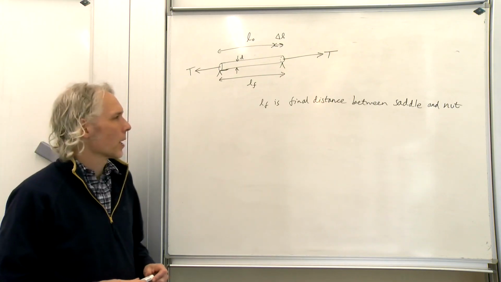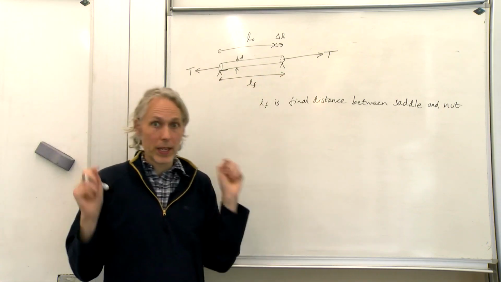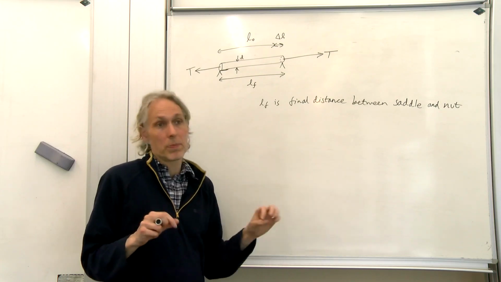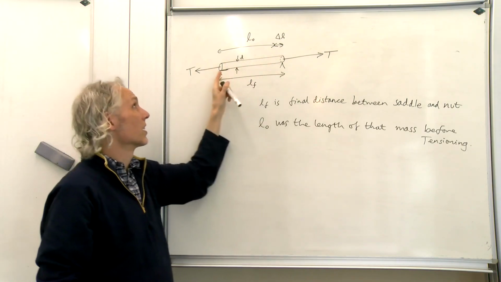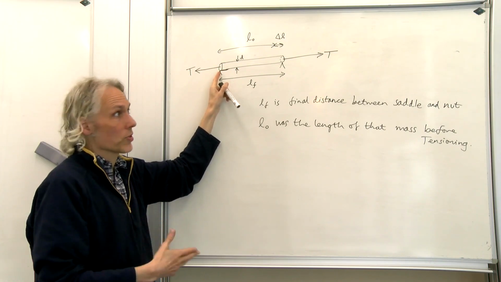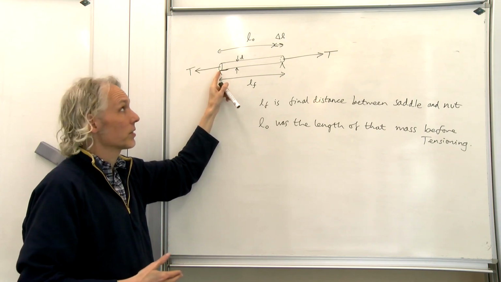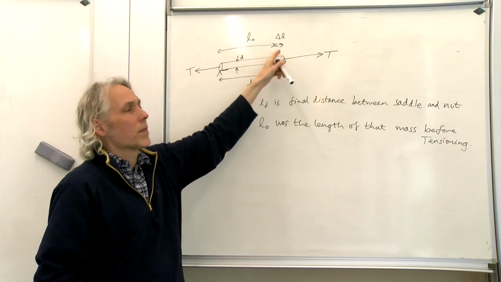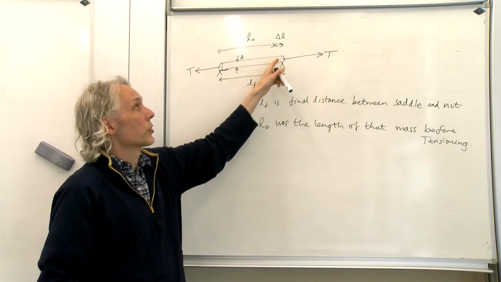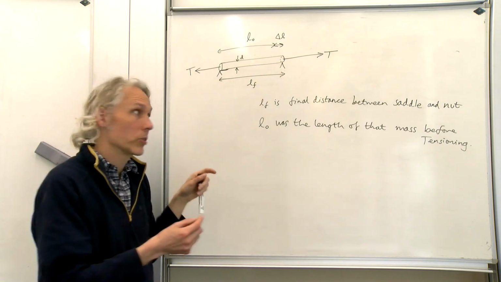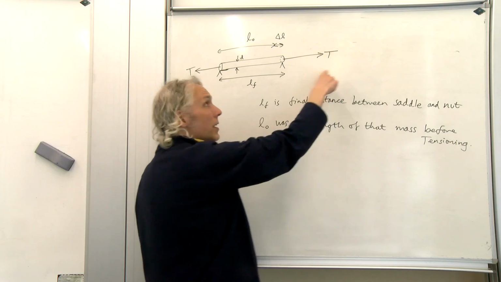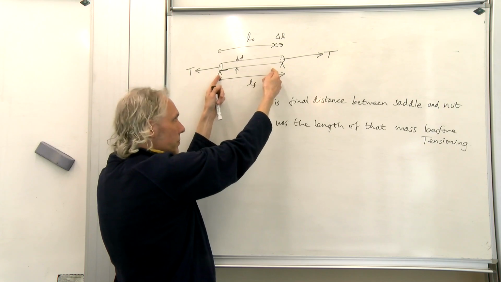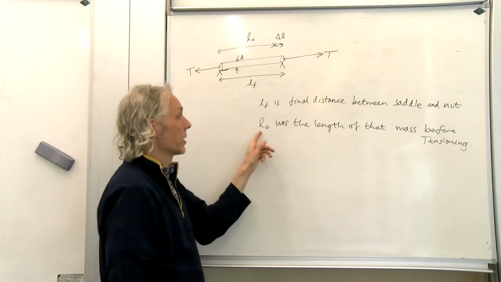Okay? If you consider that bit of metal that ends up being the sounding length, what was it like before we moved the tuning peg? If you drew dots on the string at the point where it crosses the saddle at the start of the sounding length here, and draw a dot on the string where it's in the slot of the nut before it joins the sounding length, if you released the tension in the tuning peg, these dots would sag backwards a little bit. Measure the distance between the dots and you've got L naught.